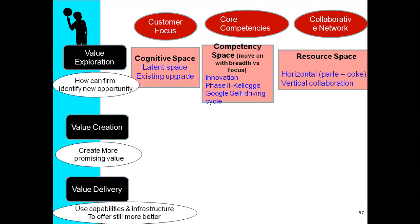All right. So in this, it's very simple. It says horizontal means you are trying to collaborate with companies at the same level. Vertical means companies that are ahead or behind you, such as when you are having